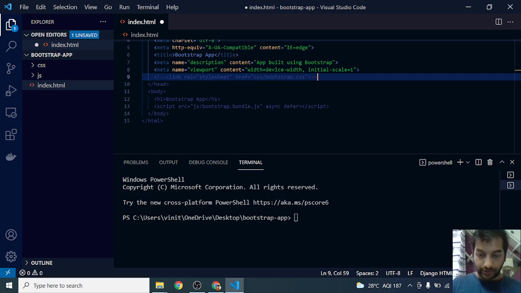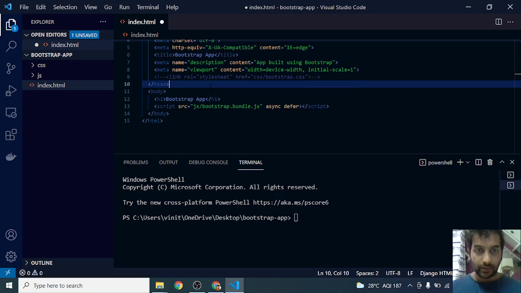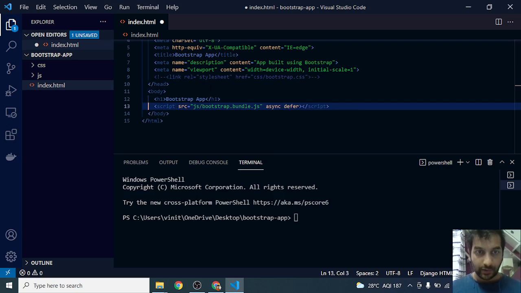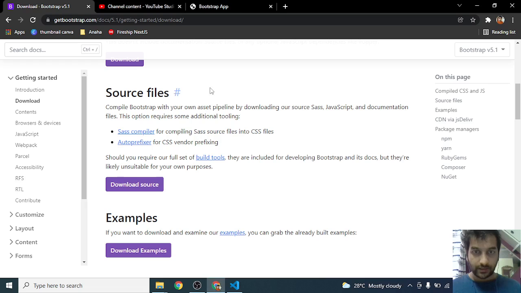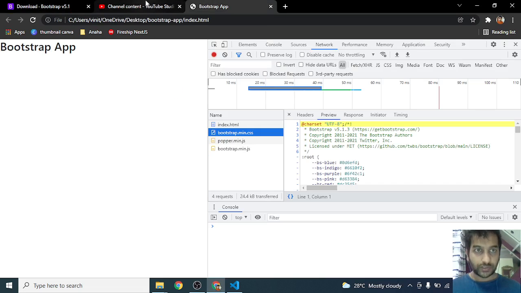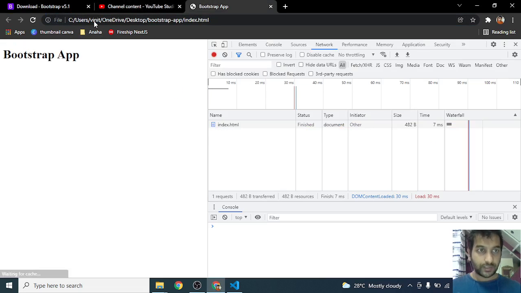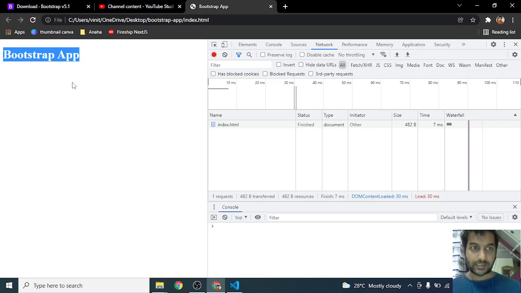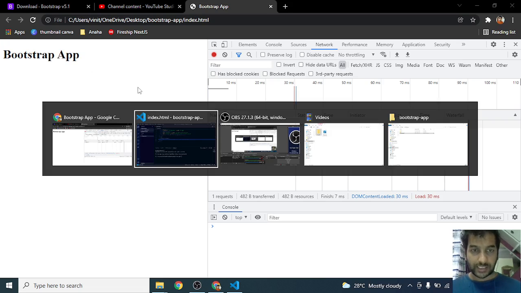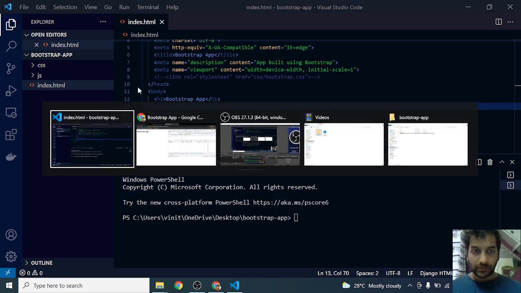So I'm going to comment this link out that includes CSS. I'm going to comment this link out that includes JS, and save it and run our application and see. So it's back to basic HTML, right? If you see this Times New Roman font, you know it's basic HTML without any CSS. Now let's use